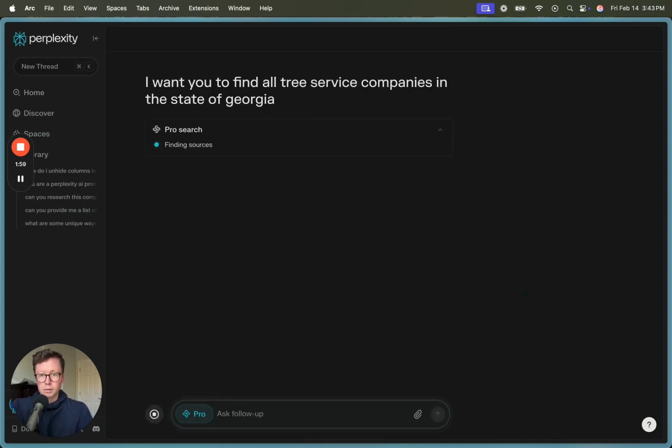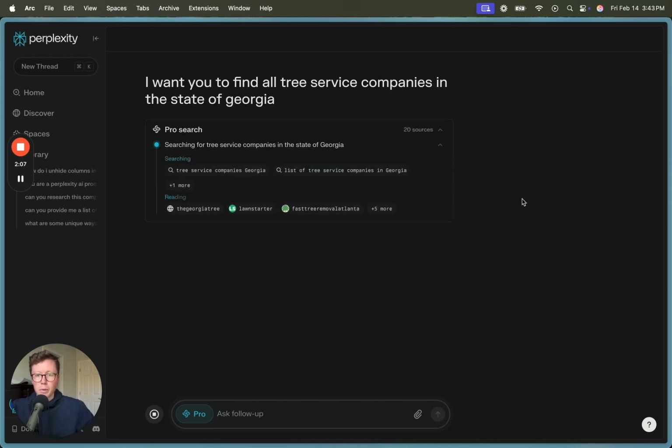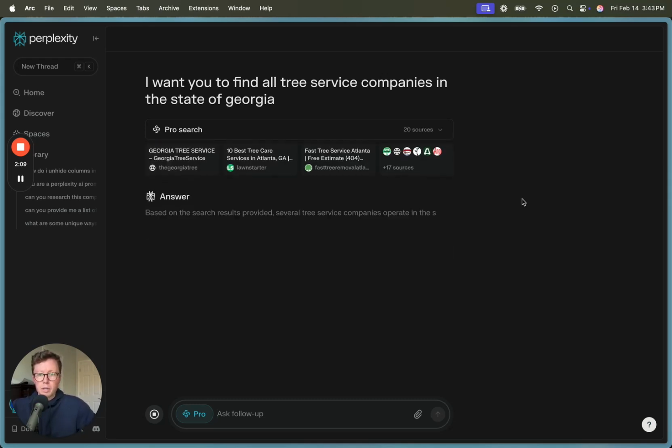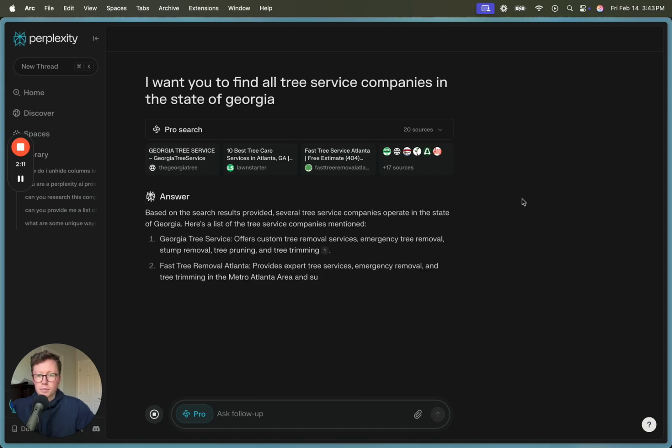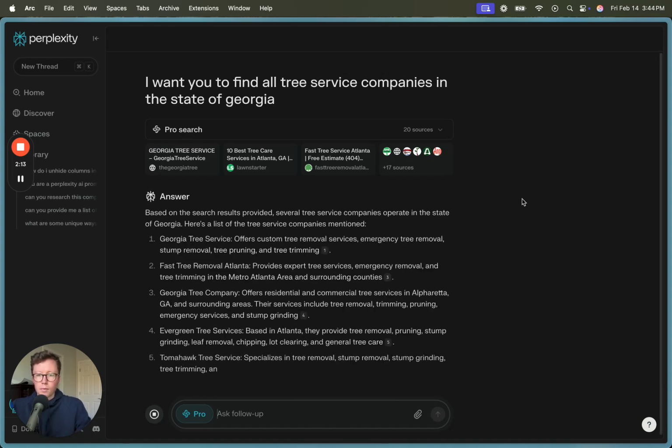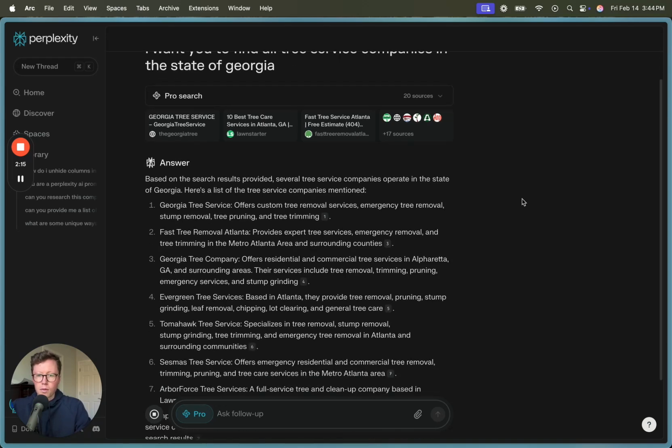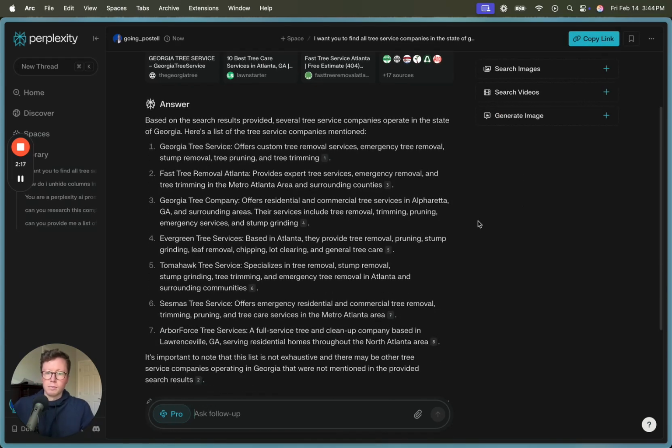Let's see what it gives us. So we'll give it a second to look up different tree companies. And here you go. Gave us 7. Seems like a short amount, so we'll ask for more.